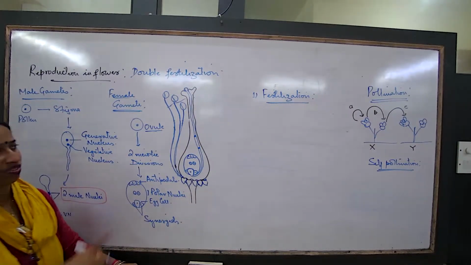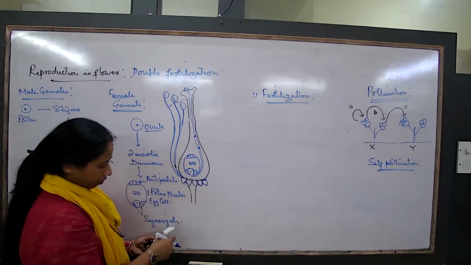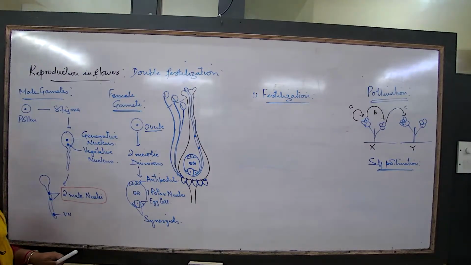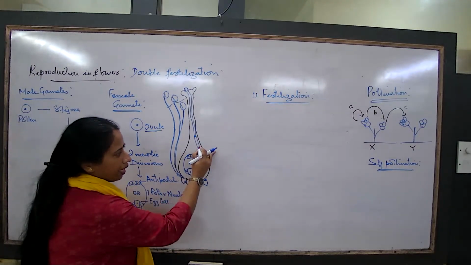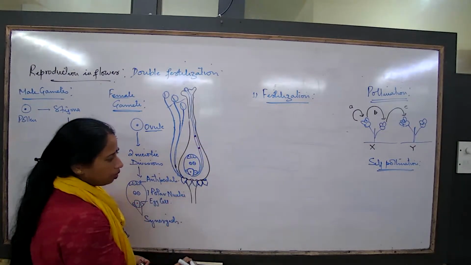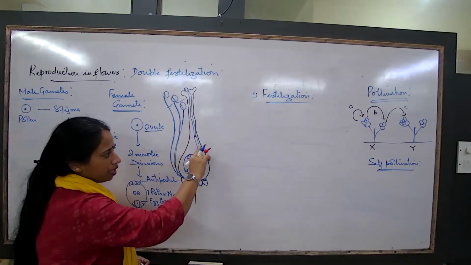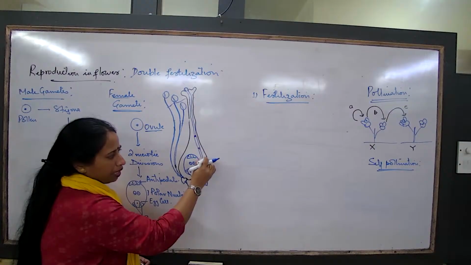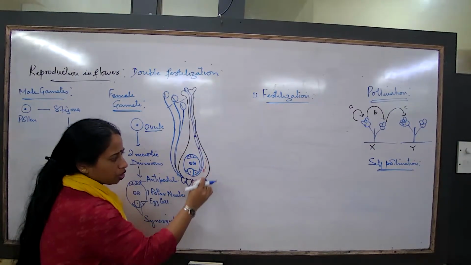The first step is fertilization, where the male gamete will come and fuse. I talk about these two male gametes which are there in the pollen tube. One by one they will come and fuse. Let me talk about the first male gamete here. The first male gamete starts moving this way towards the ovule,